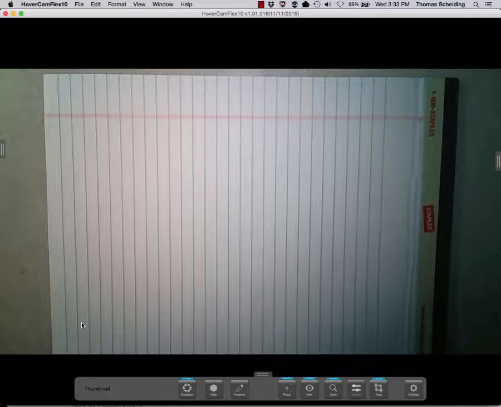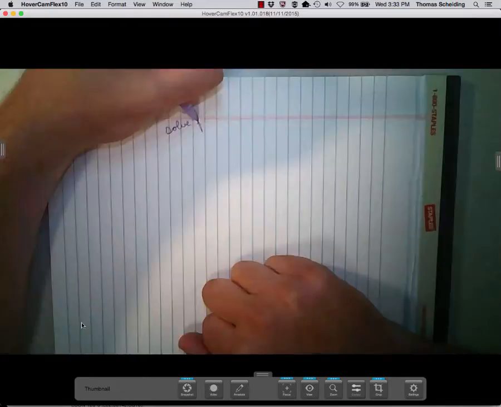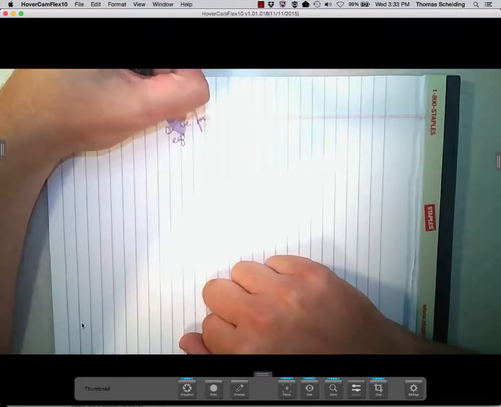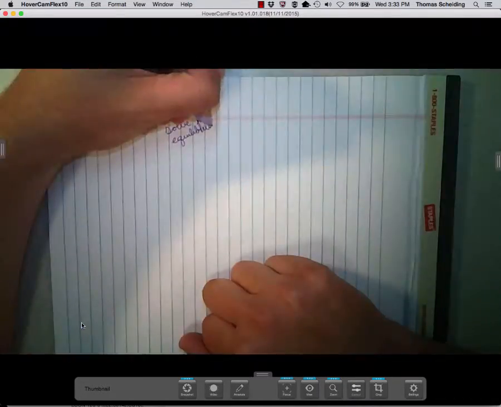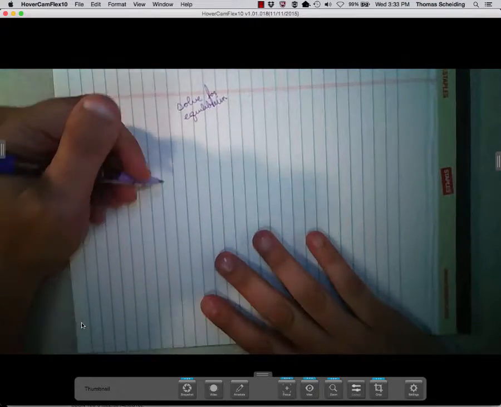I wanted to make a brief video besides the slides that talks about one of the kinds of equations that you have to solve for that you'll encounter in chapter 3, and that's how do we solve for equilibrium. So remember that in solving for equilibrium, what we're trying to do here is we're trying to say that, let's